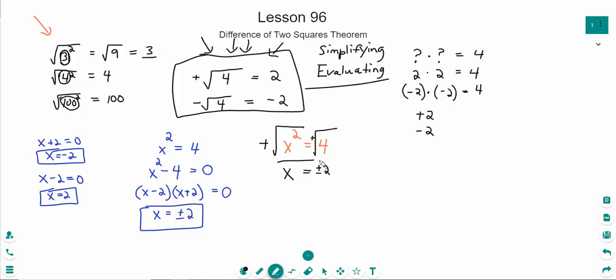And then at that point, that is our solution. Okay, so on the one hand, you can see where using these square roots on both sides of the equation is helpful because we don't have to go through all this factoring that we had to do over here to get to our solution of x being equal to plus or minus 2. On the other hand,